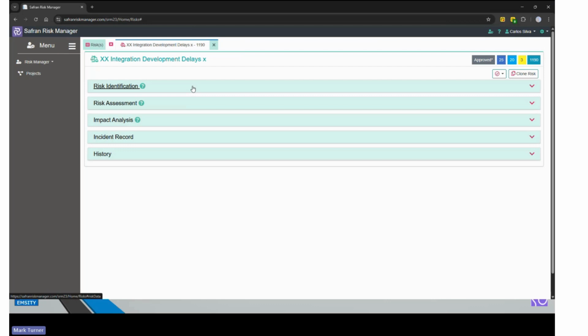Now, we also have the ability to record information with regard to the occurrence of those risks. So, for example, risks which aren't just a once only occurrence, but may occur several times throughout the life cycle of the project. So, for example, fraud or the theft of equipment don't just stop being a risk just because they've happened once. They can happen again and again. So we have the ability to record incidents as well. So we've got a record of any occurrences of the risk.